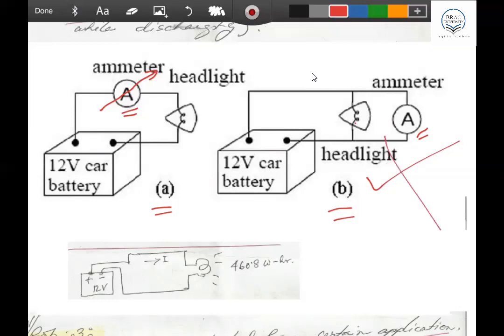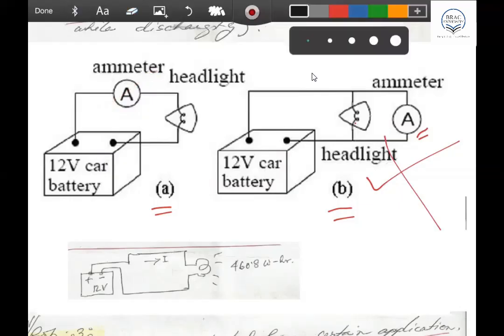Okay, sir. The ammeter is connected in series to measure the current of the headlight. And if you want to measure the voltage, then you have to connect the voltmeter. Remember, do not forget it. The voltmeter should be connected